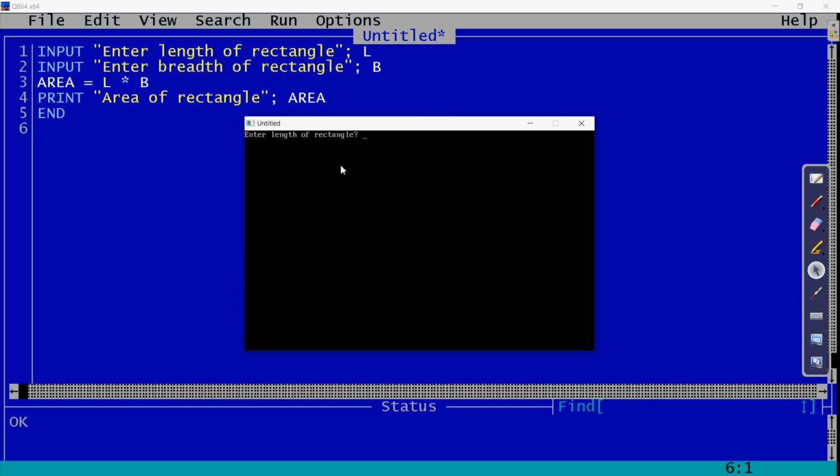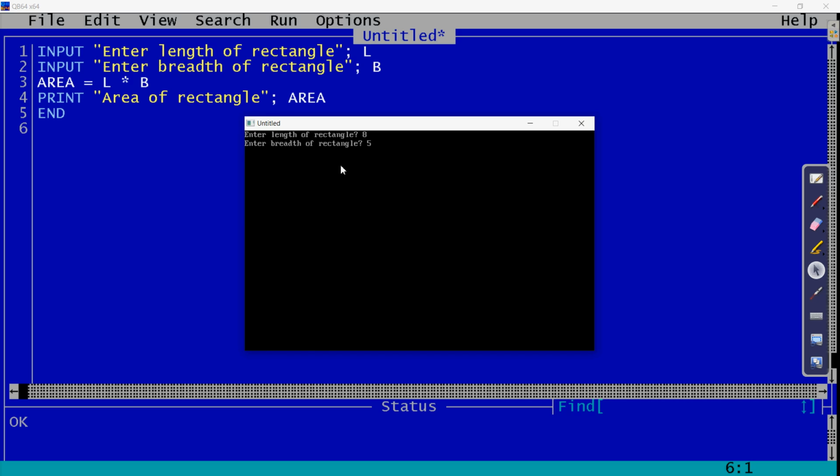Suppose the length is 8 centimeter. Here we are not writing the unit, only the number 8. Then the breadth of the rectangle, suppose it is 5. Clear? Then it will calculate the area and give the output.